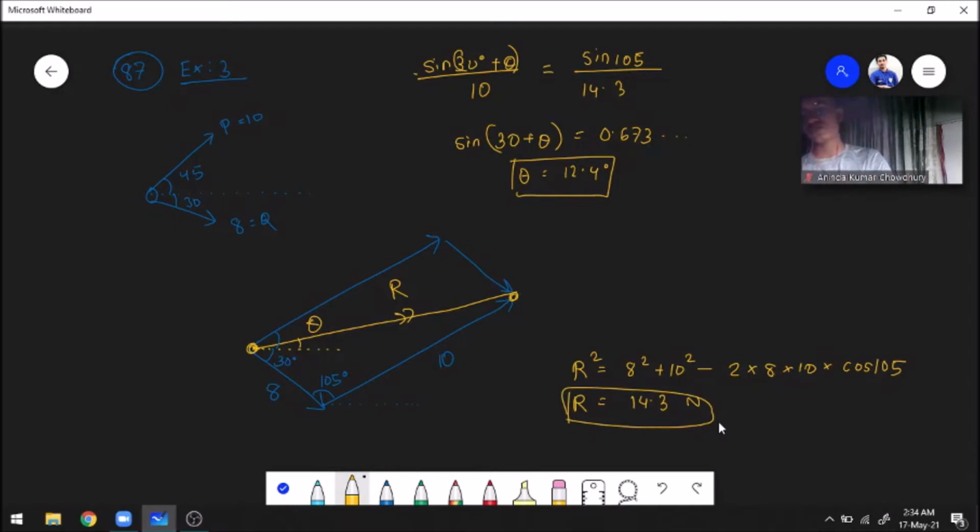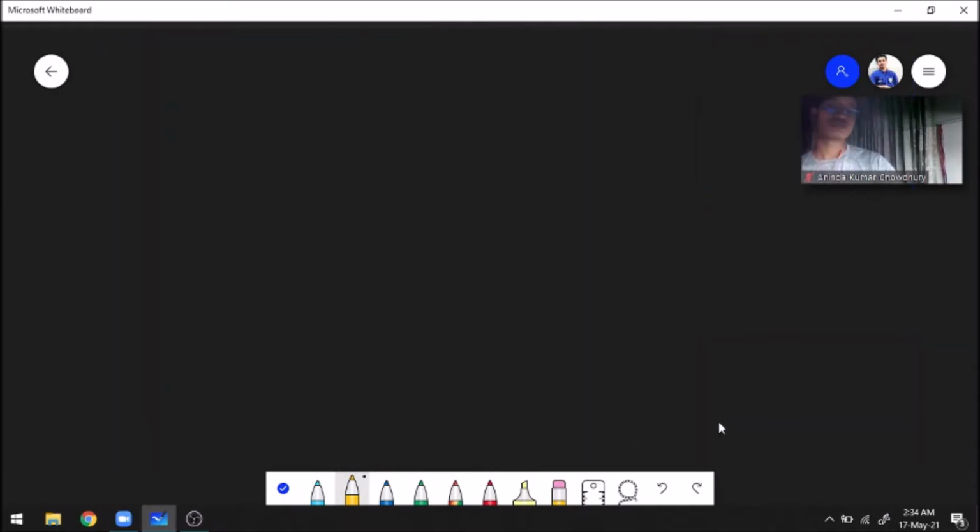Now, there is another method for finding the resultant and your angle of the resultant when there are more than two forces. The method that I'm going to show now will work for two vectors, they could be forces, as well as more than two vectors. It will work for any number of vectors. So, for example, first of all, let me draw this axis so that my working becomes easier.